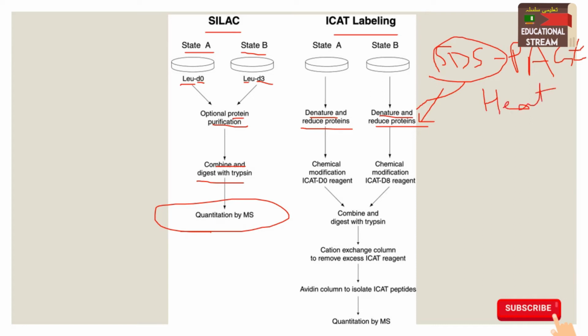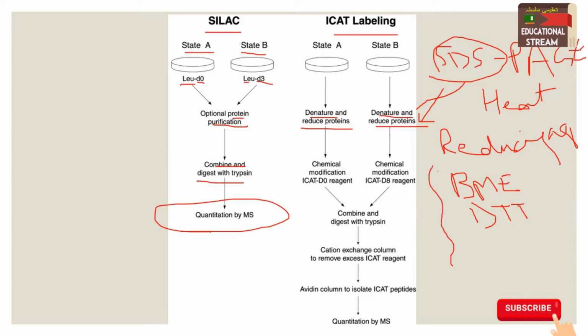And for reduction of the protein, we use certain reducing agents. So the reducing agents which are used are, for example, beta mercaptoethanol, as well as we can use dithiothreitol. So after reduction and denaturation of the protein, now the proteins are in this form. They are a linear chain of amino acid which carry like the negative charge due to the SDS.